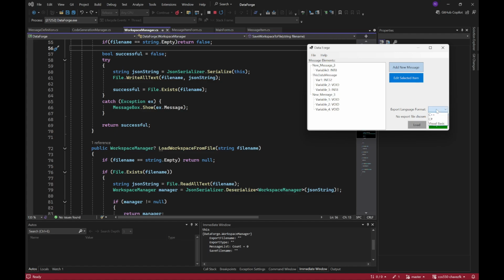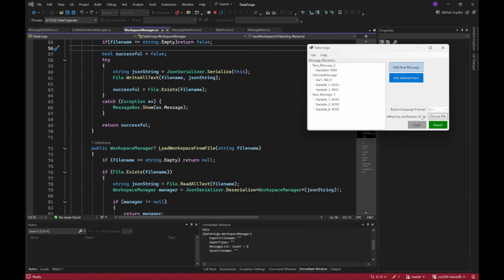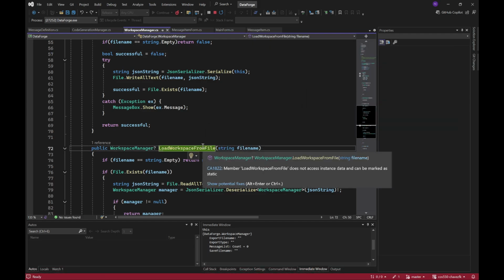Afterwards, if we want to export these files to a given language, we can select a language such as C++ and select an output file. In this case, we will do workspace 4.c++ and click Save. This will select a file name for us, and we can click Export. We'll see that the export succeeded, and the file was saved to myworkspace4.c++. If we were to open that file,